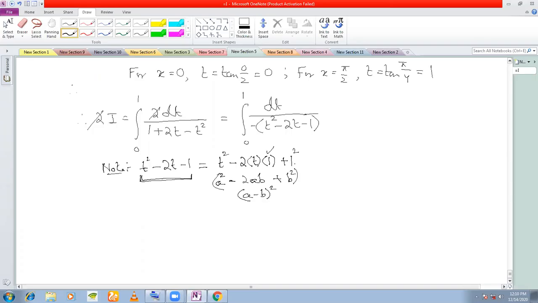Now what do we do? This 1 squared term I have added extra. So I subtract a 1 square from here. And this minus 1 I write here. So this becomes a perfect square. The only lonely terms here are these two, right? So now I can write this as t minus 1 whole square minus 2.